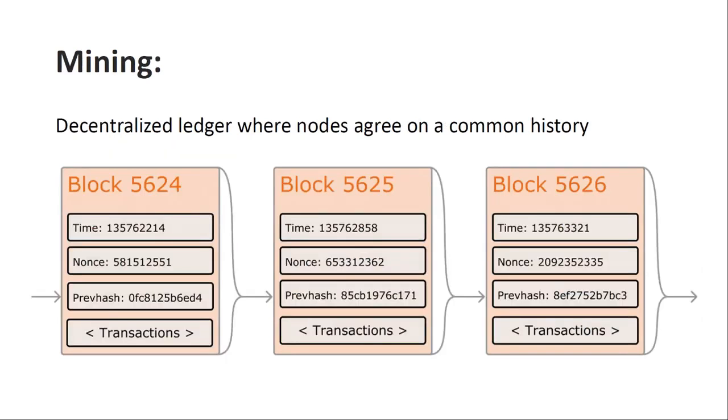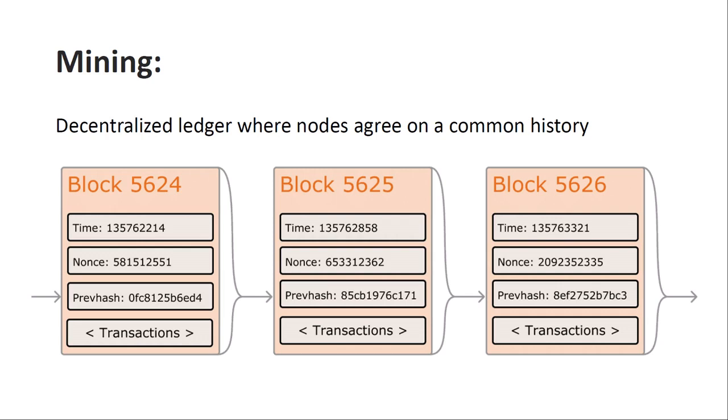So after that, we can talk about mining. We could just save the ledger on a server, but that would be centralized. So instead, we need to do the whole thing in a decentralized way. We have to make sure a ton of nodes agree on a common history, and this history is very important. So say these are some examples of blocks, and we can do this by making the nodes consistently try to create new blocks to add to the longest chain. A new block is created every 10 minutes.